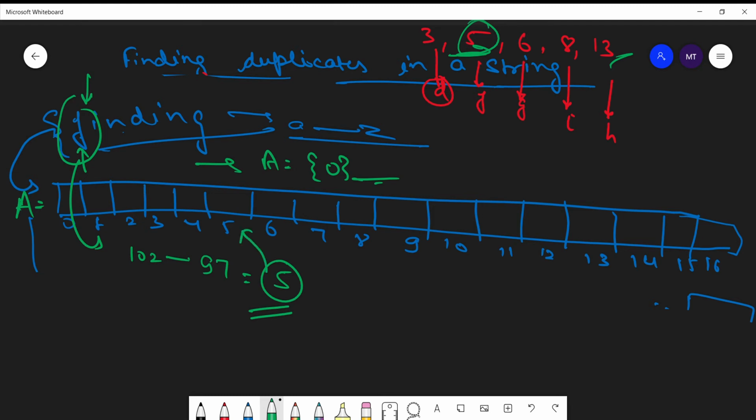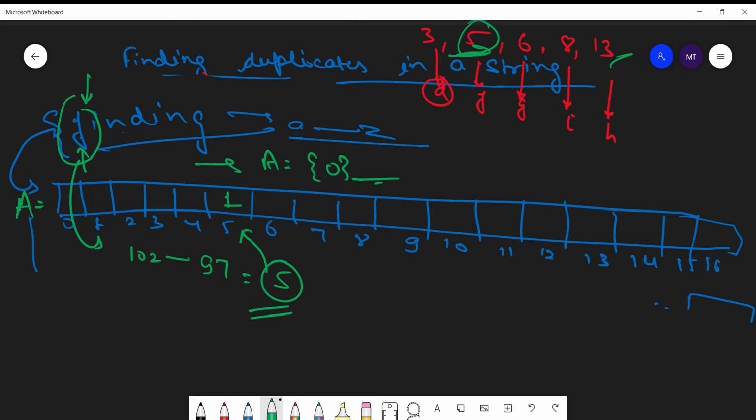So what we will do here is increment whatever value is present. As we know, this array was initialized with 0, so it will be incremented by 1 and saved as 1. 0 plus 1 will be 1.